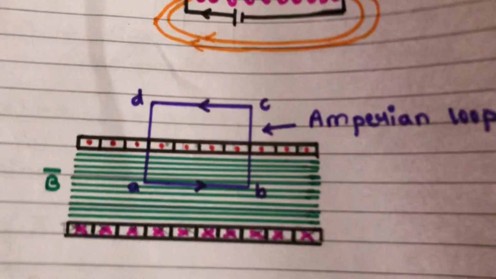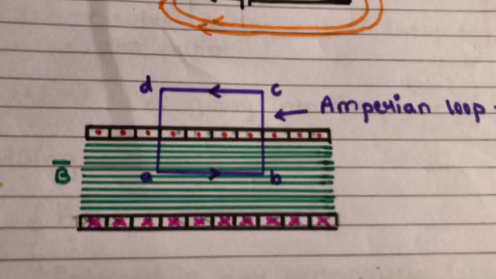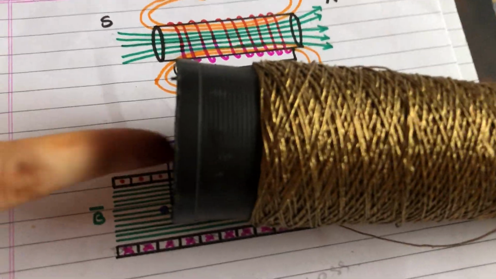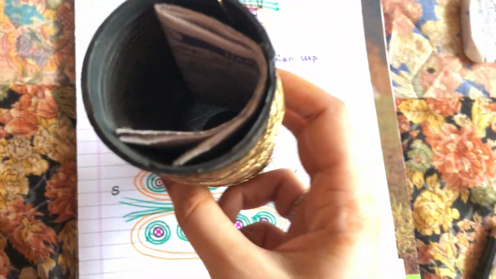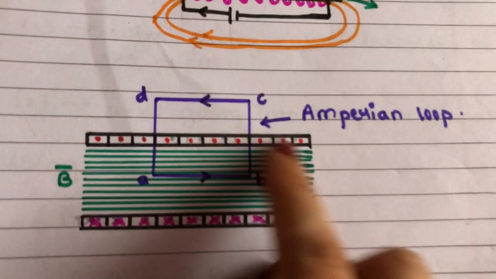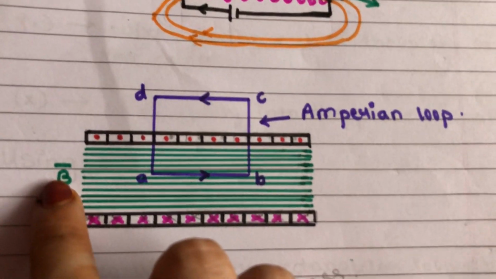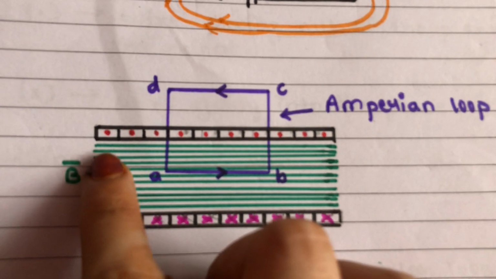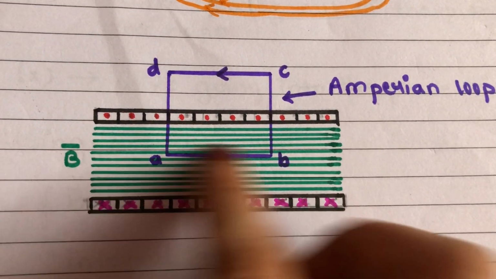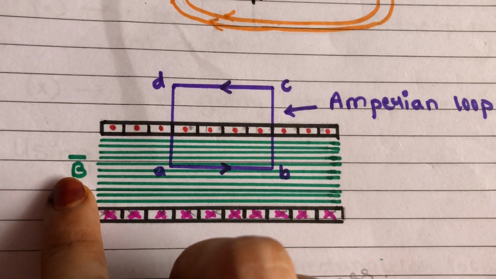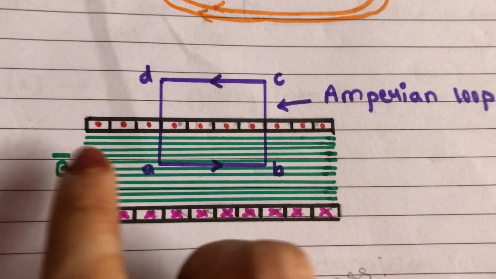Coming to this diagram, which helps me calculate the magnetic field created inside the solenoid. Inside the solenoid, meaning along the axis of the solenoid, what will be the magnetic field created? For that I have taken this diagram. Green lines show the magnetic field inside the solenoid. Because of the magnetic field we have magnetic field lines. These green lines show my magnetic field lines due to the magnetic field. So because of that I have used the same color.